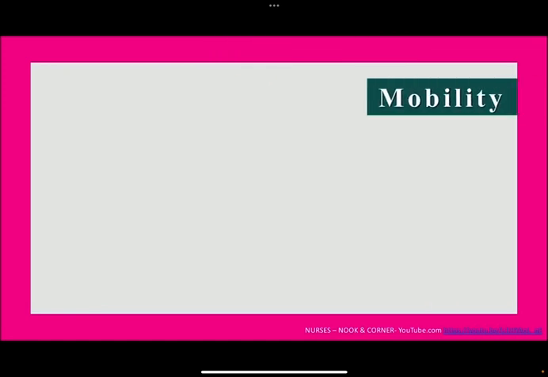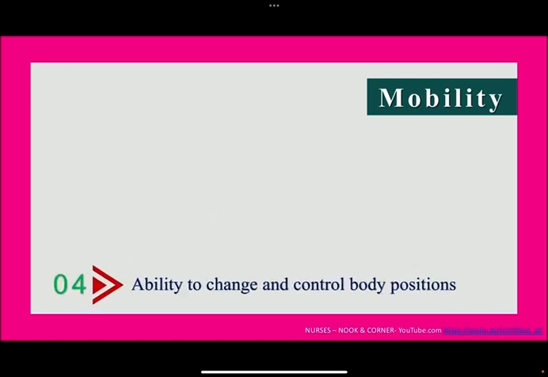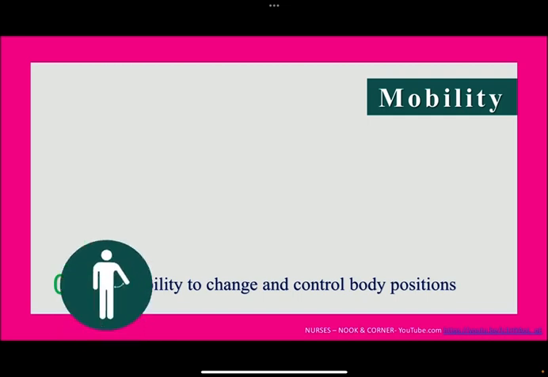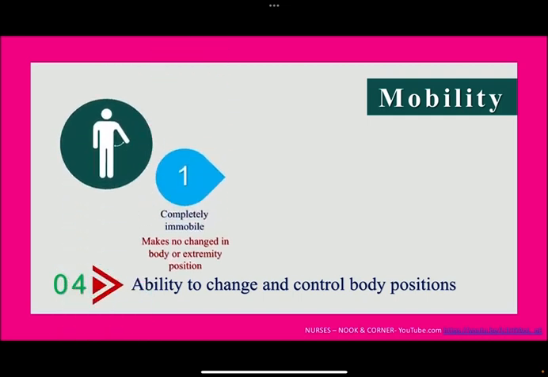Okay. For patient mobility, how is the patient able to change and control his body positions? Here you will grade him number 1 if the patient is completely immobile. He cannot move his position, he cannot move his extremities, makes no changes in body or extremity position, so you grade him number 1. The patient will be graded 2 if the patient is